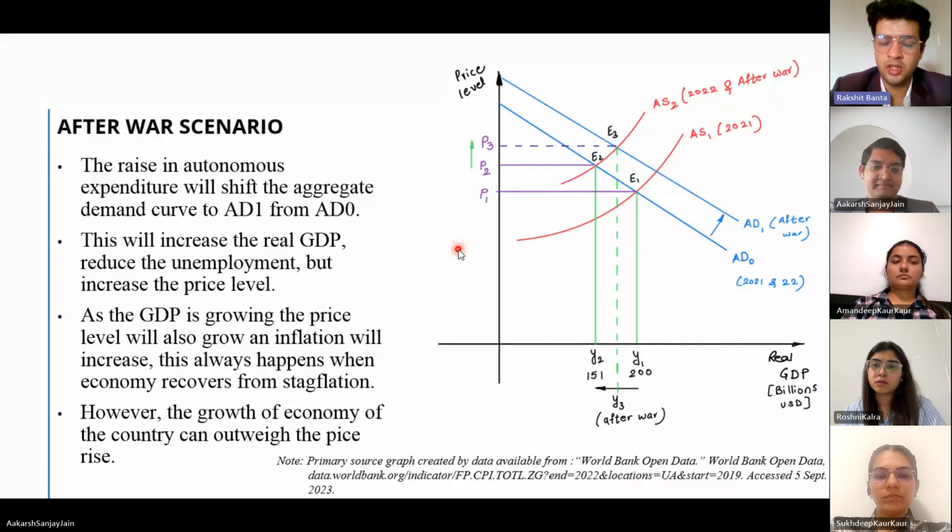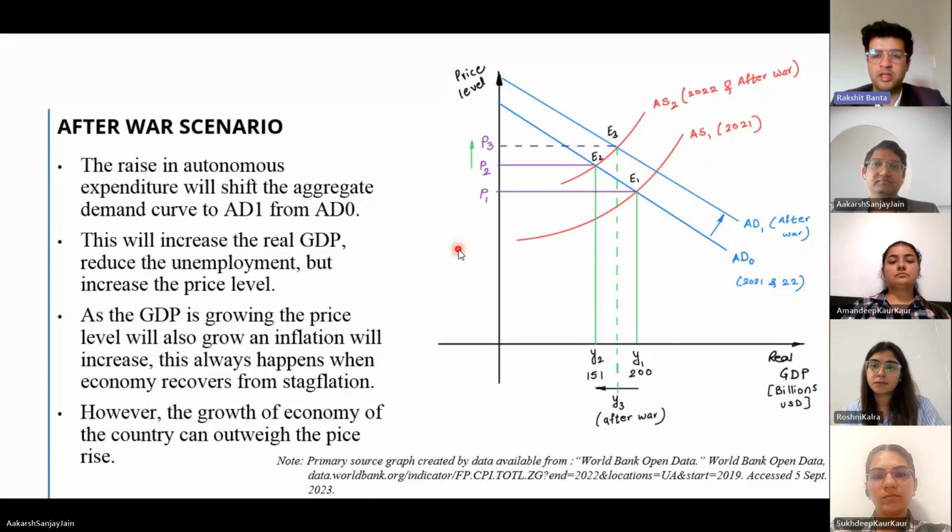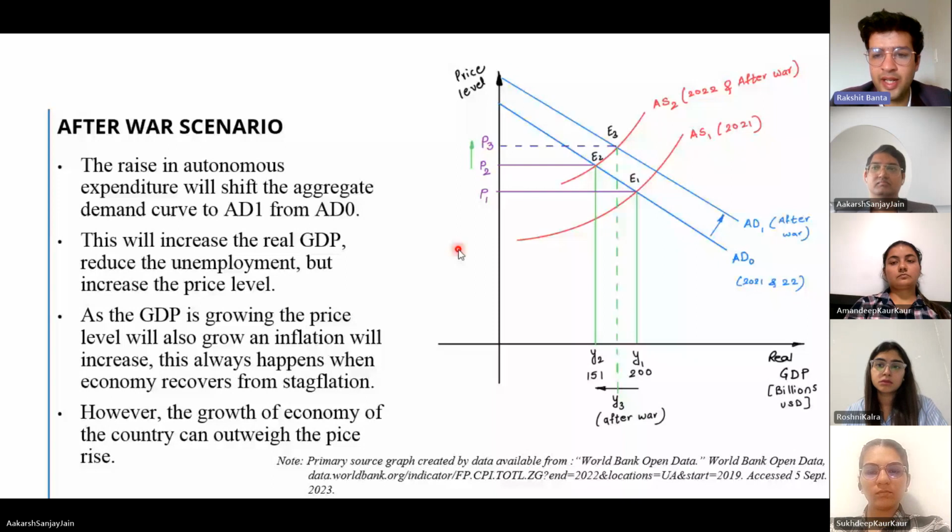Thank you, Akash. So, ladies and gentlemen, my name is Rakshit, and in the aftermath of this devastating war, Ukraine stands on the verge of recovery, and crucial decisions lie ahead for Ukraine. One strategy is the implementation of expansionary fiscal policy, marked by an increase in autonomous expenditure. The shift is reflected in the movement from AD0 to AD1 on the aggregate demand curve. The immediate outcomes are clear with this graph: real GDP surges, unemployment dwindles, and a glimmer of hope for a